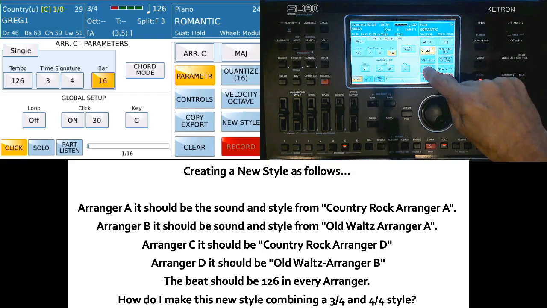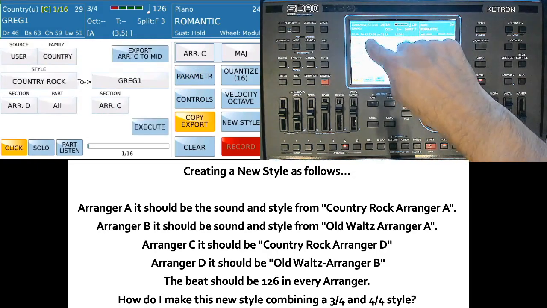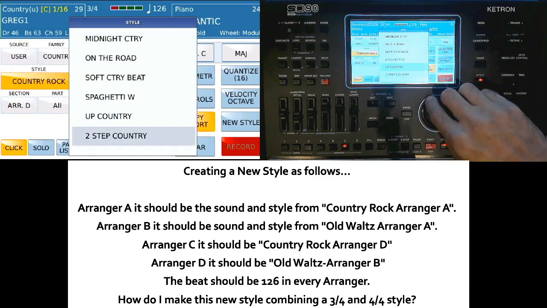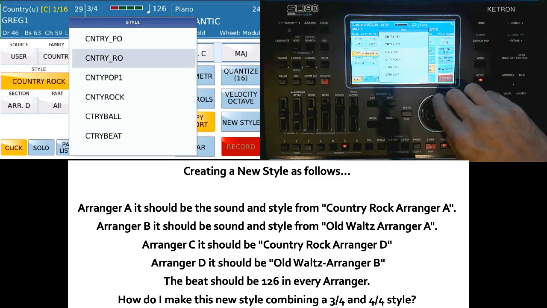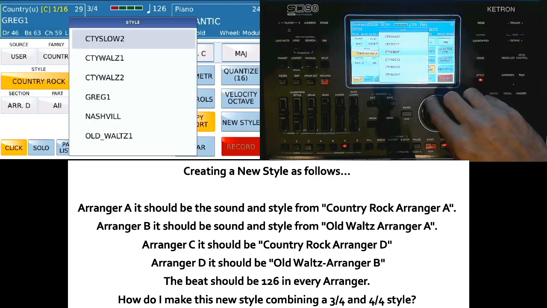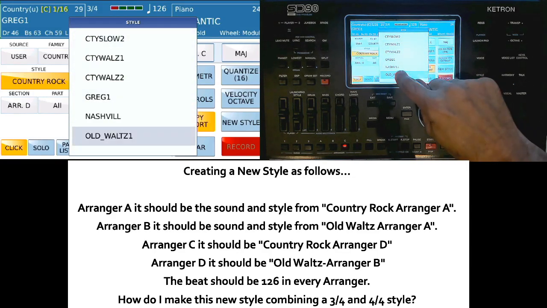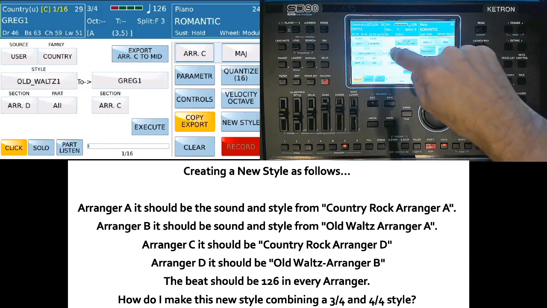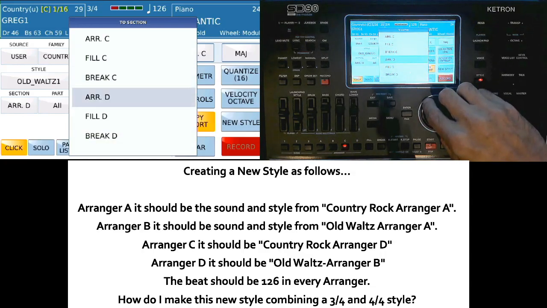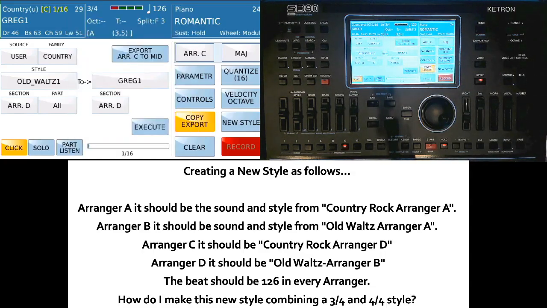Okay, go into copy export, and we're going to find the old waltz again, which is down here. Old waltz, right? And we are going to copy this to the current style, Arranger D. So I'm going to select Arranger D. So again, what we've done is we've taken in the user side of the SD90 from the country family, the old waltz, Arranger D, all parts of the arranger, and we're going to copy it to,